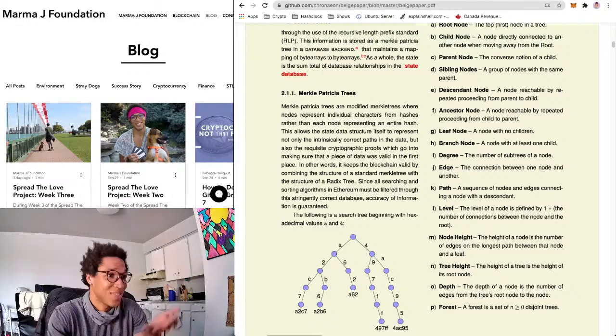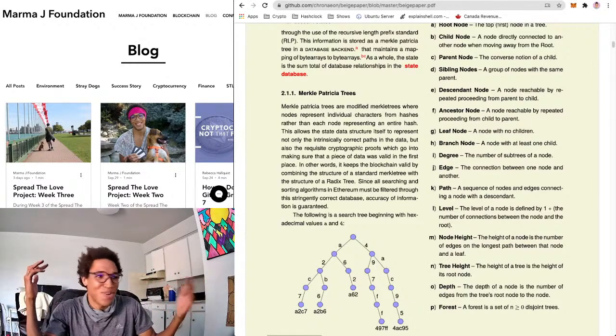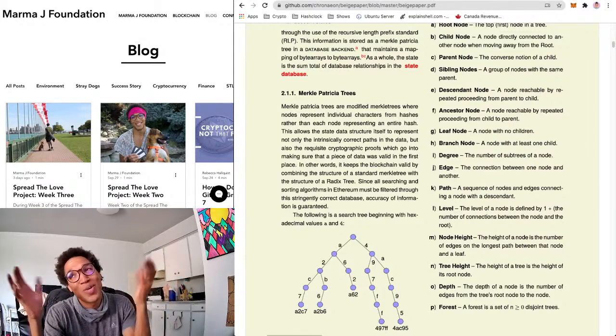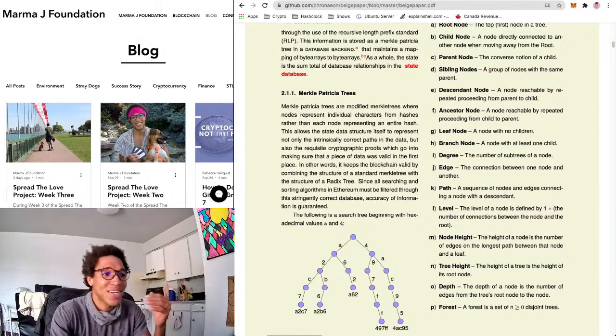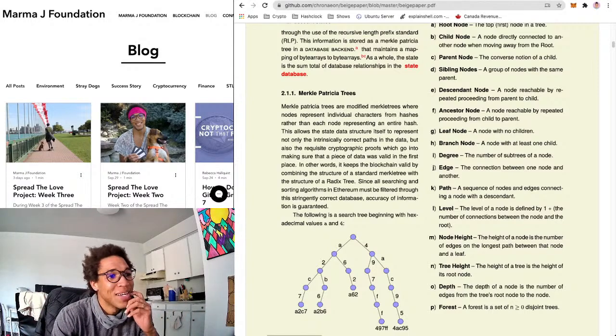An ancestor node is the other way around. So this node would be an ancestor of this node. All of these nodes here are ancestors of this node here. A leaf node is a node with no children. When I was reading papers over the summer with Hashcloak, that would always confuse me. Like, what's a leaf node? I assumed it was the last node, but it's nice to know. Okay, yes, this is a leaf node, a leaf because it's dangling without any connections to it.